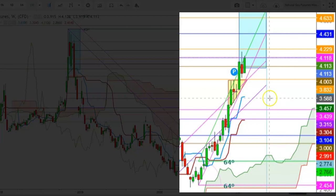Friends, here I find that the natural gas futures look ready at this level at $4.118, which seems to be a decisive juncture for natural gas futures, where I find that if the natural gas futures sustain in today's move above this immediate resistance, this immediate resistance will turn into a strong support, and the natural gas futures could try to test the next resistance at the levels of $4.229 in